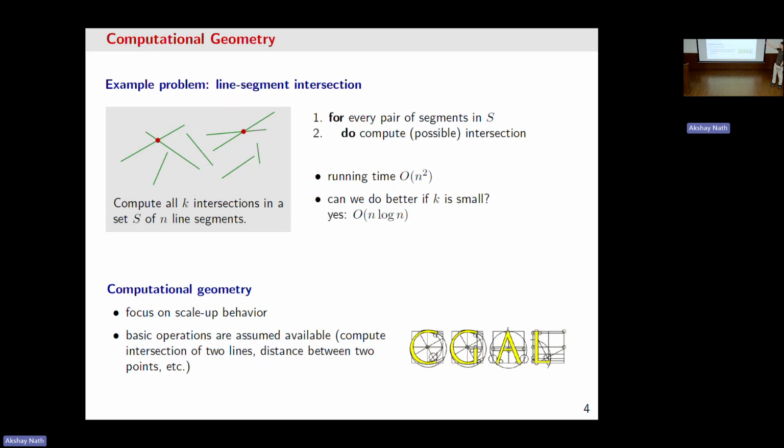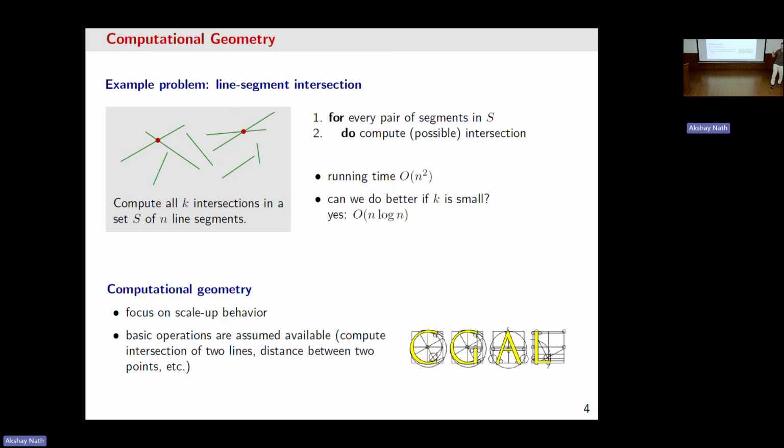Like, given two line segments, how do you actually compute their intersection? That is maybe not so difficult, but if there are curves defined by some polynomial and so on,